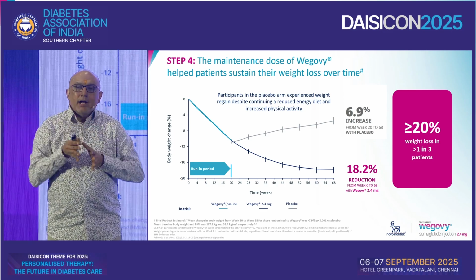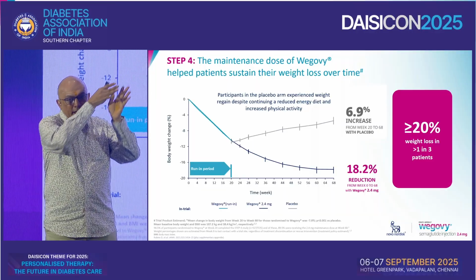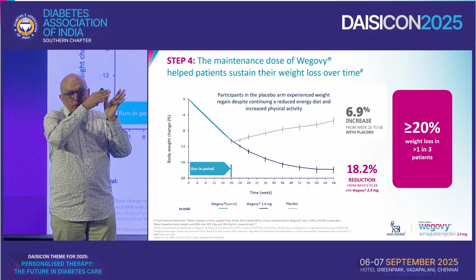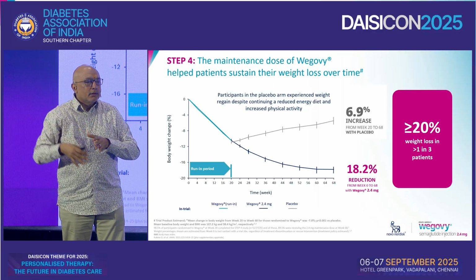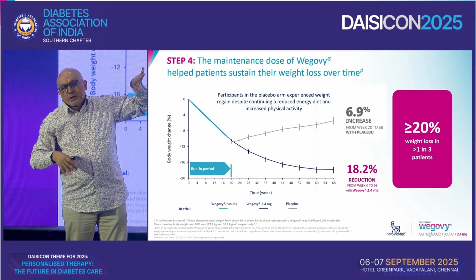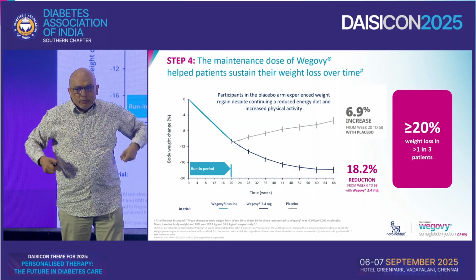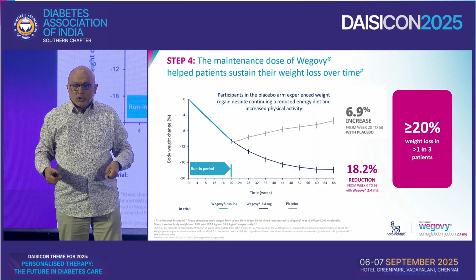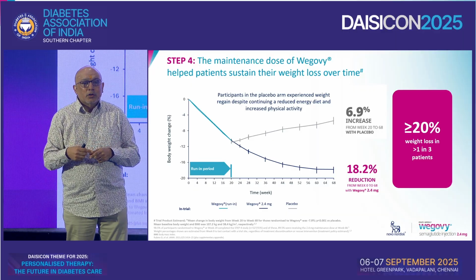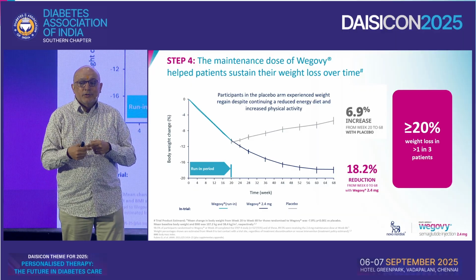Now, the way I look at it is, you take a drug, the drug is going to remove your past sins, your past karma is going to go away, your fat is going to go away. But this is also an opportunity for patients to get a motivation. When do you give a crutch? You give a crutch when the patient requires it the most. You've given the crutch. Now you tell the patient, look, I'm helping you now, but you now learn discipline.